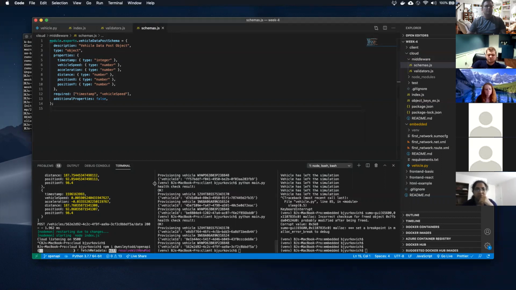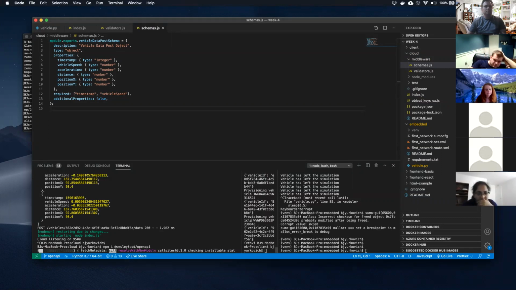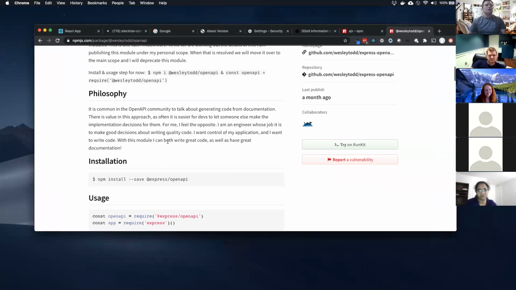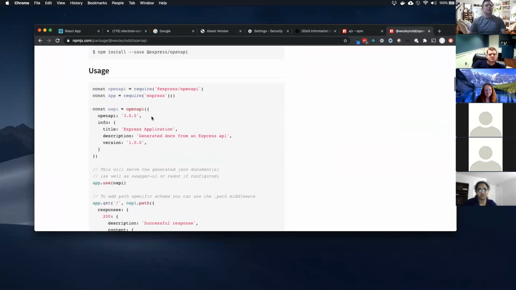Why is that taking so long? Jeez. NPM is taking some time. All right, let's take a look at this while this is installing.